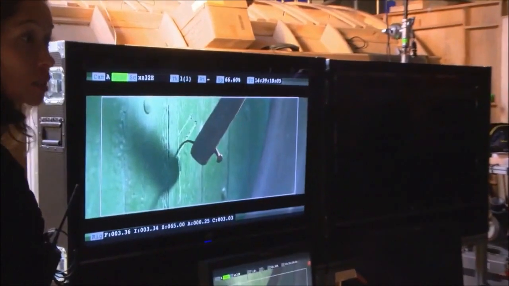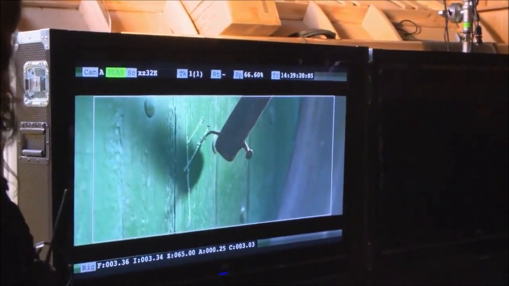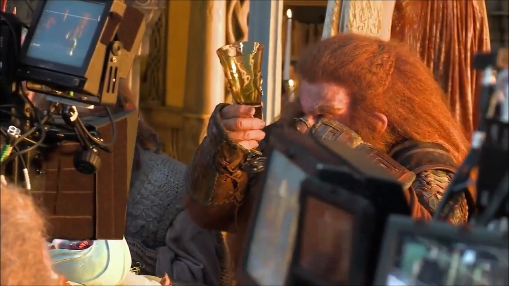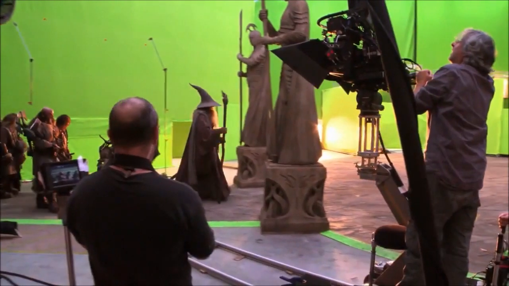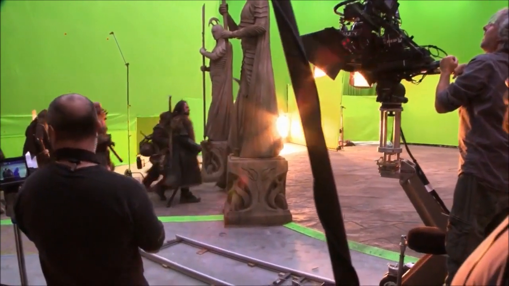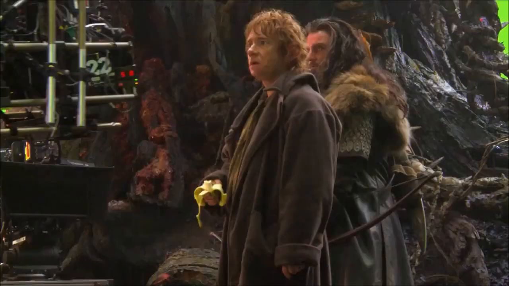48 frames, yes. Yep. We're shooting The Hobbit at a higher frame rate at 48 frames per second, which is twice the normal 24 frames. The human eye sees 60 frames a second, so 48 frames is more of a natural progression toward giving the viewer what they would actually see in the real world. The people who have seen scenes of The Hobbit at 48 frames a second often say that it's like the back of the cinema has had a hole cut out of it where the screen is, and you're actually looking into the real world.